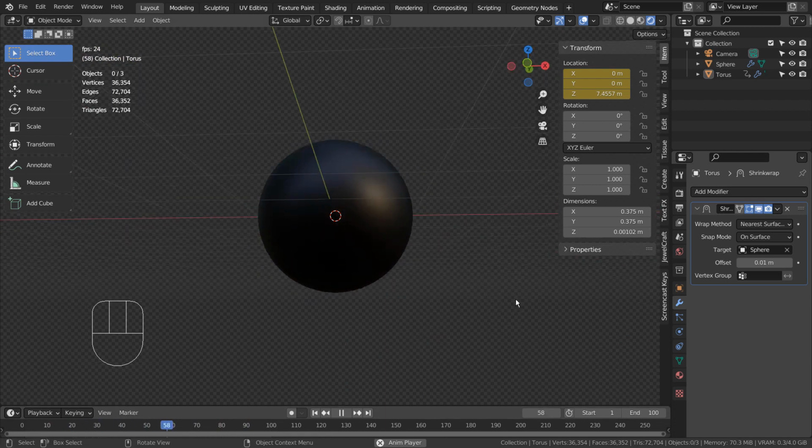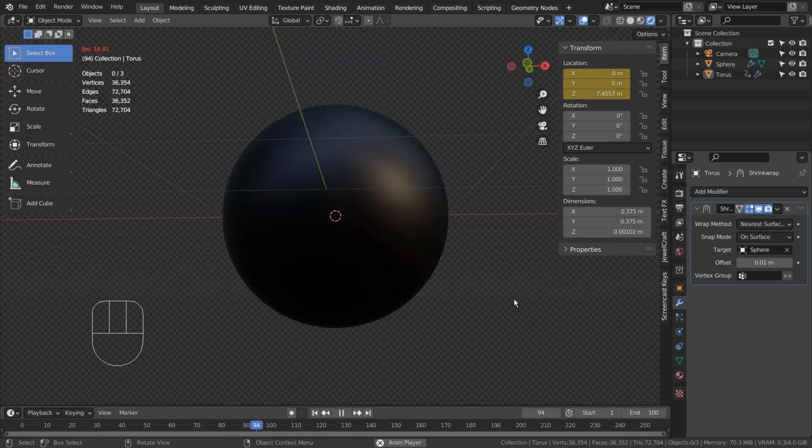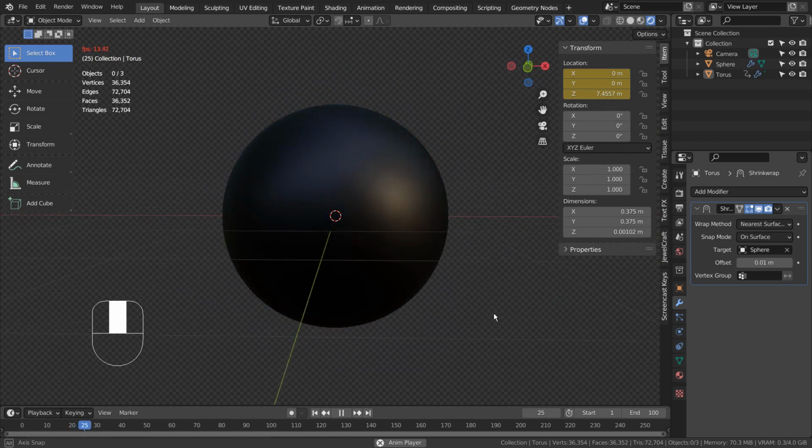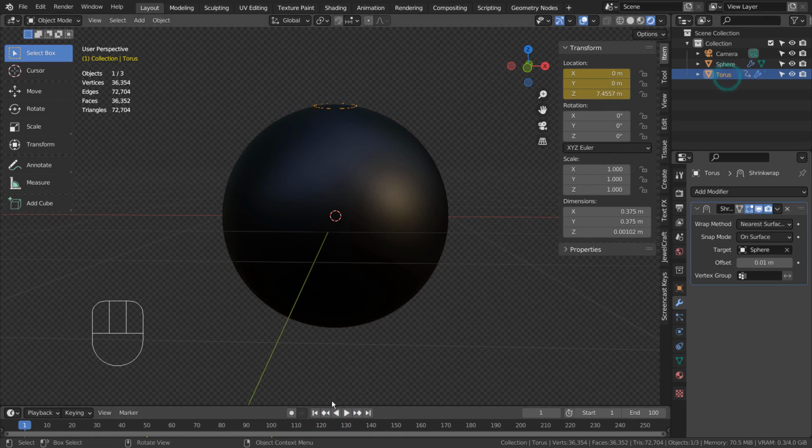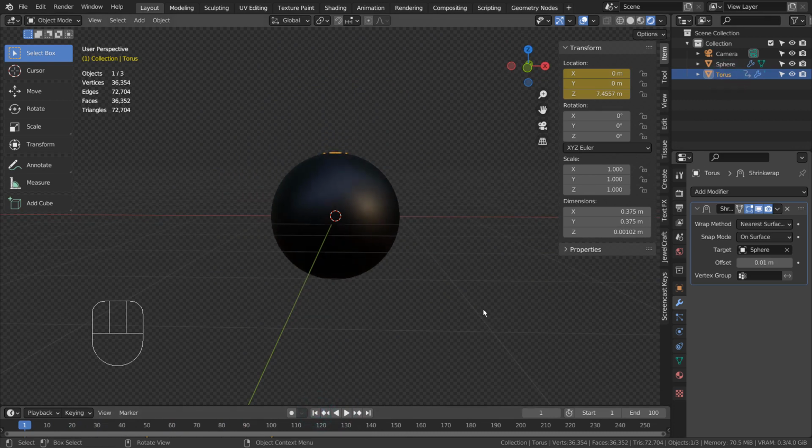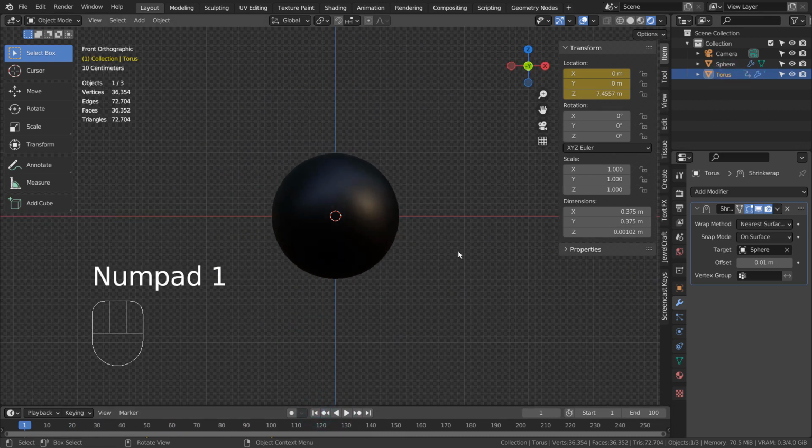The idea is to duplicate the torus and add multiple scan effects to the sphere. After duplicating them, we must change the emission color, and maybe the speed as well.